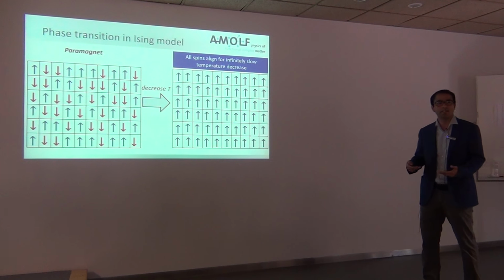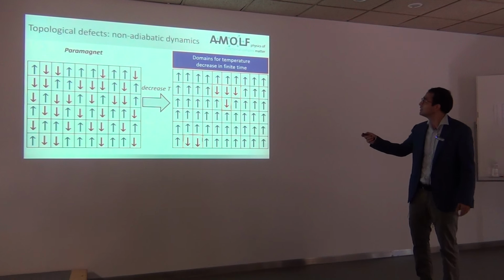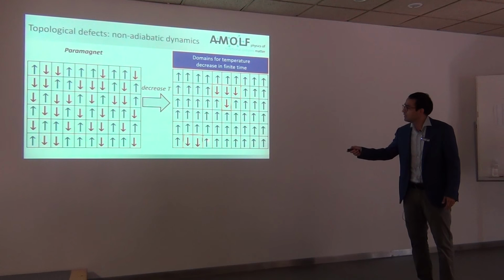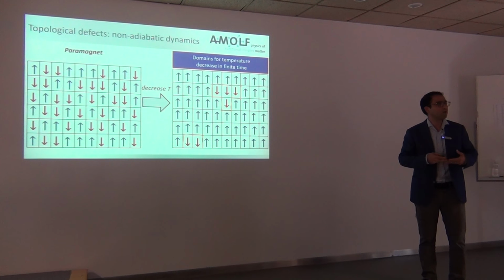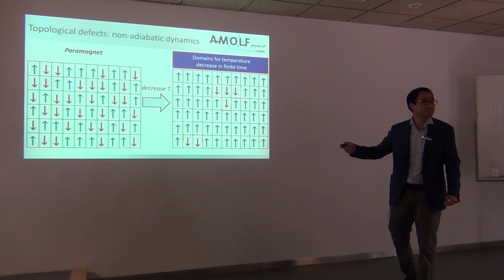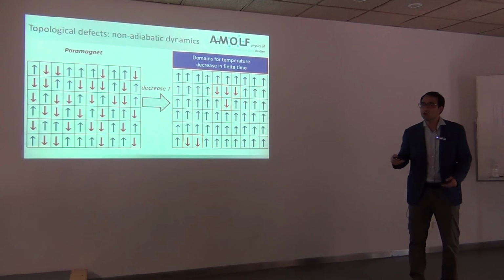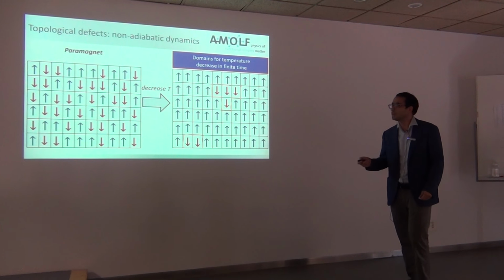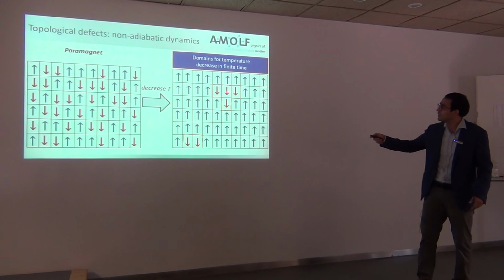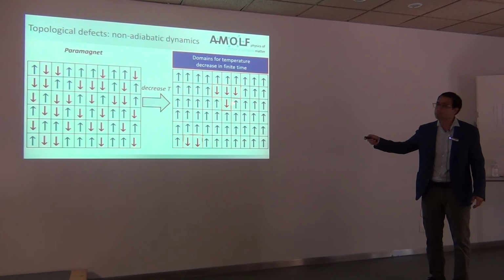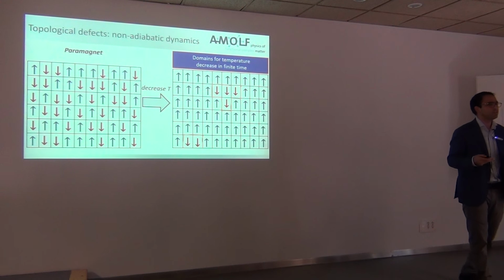Now, the point is that the spins only perfectly align if the decrease in temperature is infinitely slow. If you cool it too fast, meaning you do a kind of quench, then locally, because of the critical slowing down, the system cannot follow the control parameter, in this case the temperature, right? So then the choice involved in symmetry breaking is determined locally by fluctuations rather than globally, right? So then you see that there are domains, and these domains are what are known as topological defects.